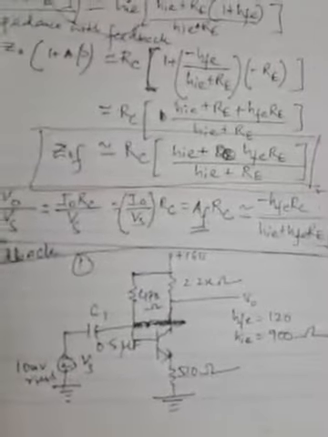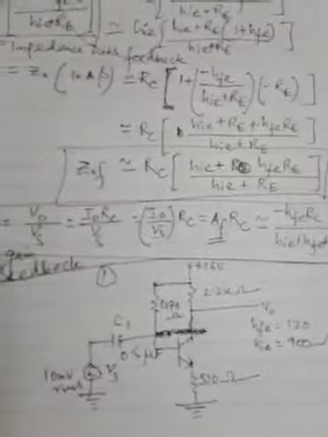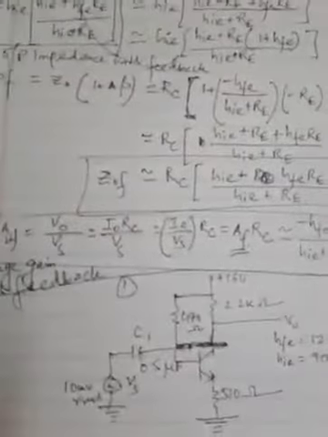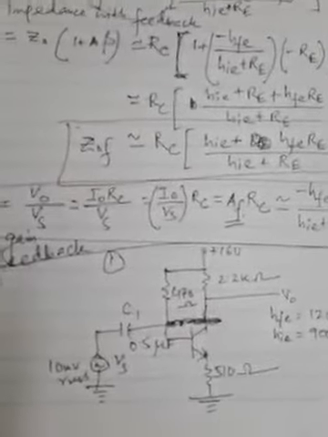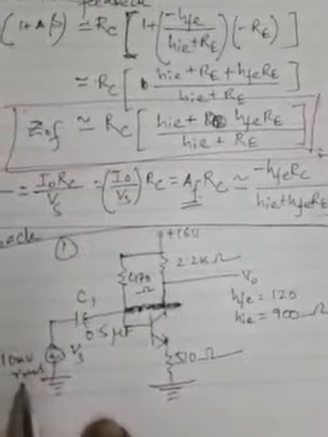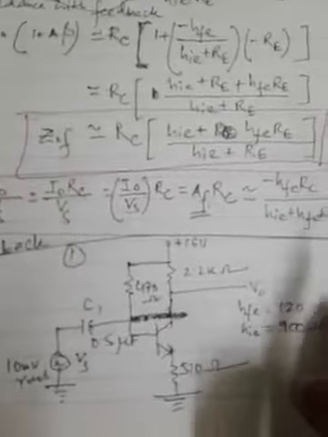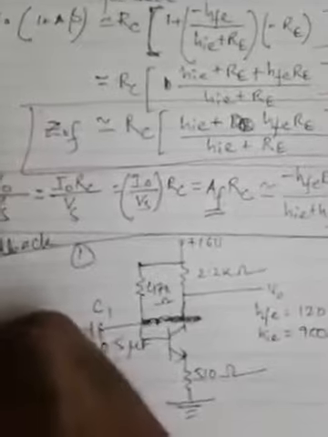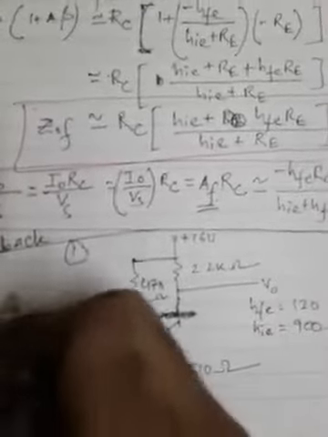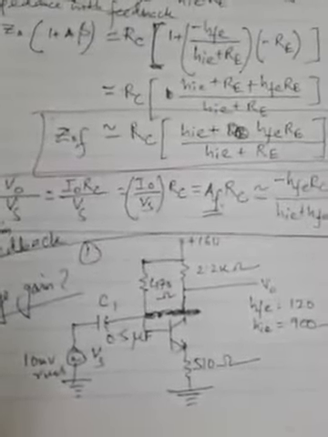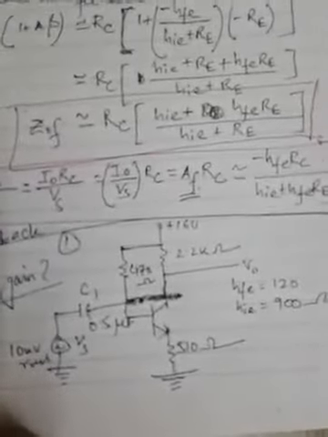Now let us solve a numerical problem given the circuit with the different values. This problem is based on the theory part which we have just discussed a little while before. All these values are given: HFE, HIE, this is RC, this is RB, C1, this is the voltage source, 10 millivolt RMS value. RE is given as 510 ohm and output is taken from this collector. So this is the BJT amplifier using the current series feedback. Now we need to calculate the voltage gain from this circuit. So already we have found the expression of voltage gain, how to find. Now using all that concept, let us solve this numerical.